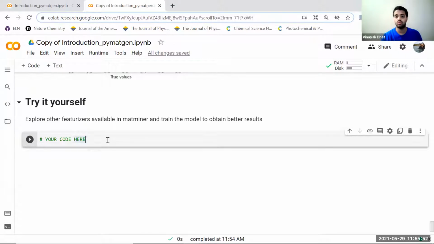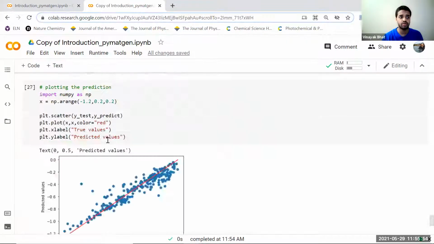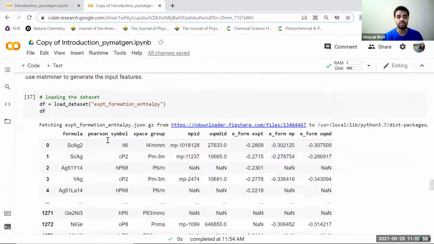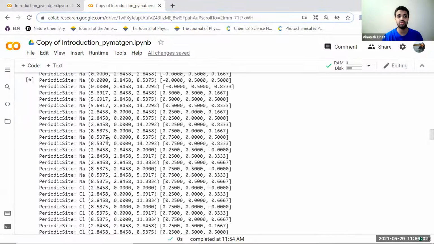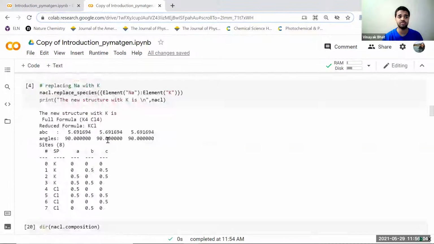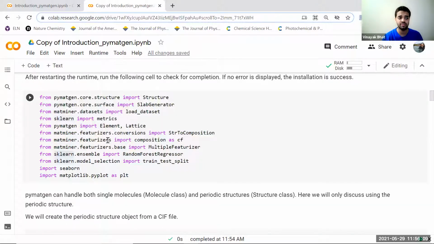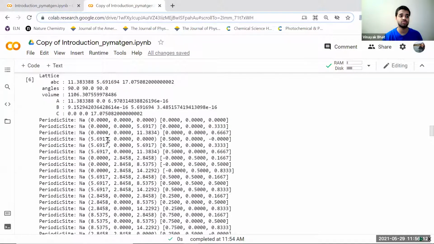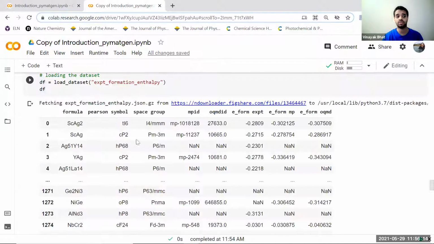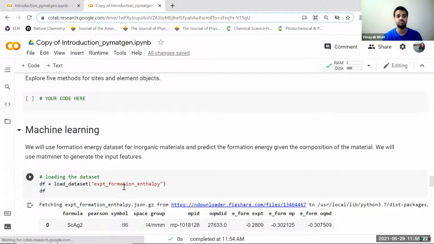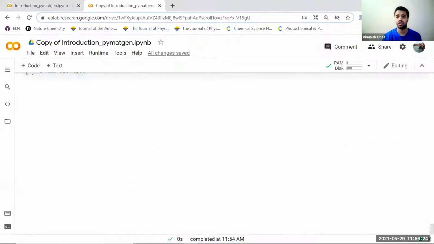If you have any questions, please let me know. I think this is a very short introduction to PyMatGen, because some of this will be discussed in the next one when we automate things. So I did not discuss a lot of slab generation and adding molecules onto the surface, but look into the machine learning aspects of it, where we generate things and generate features. There are other data sets you can try to look for and have this model built to predict some things for you.